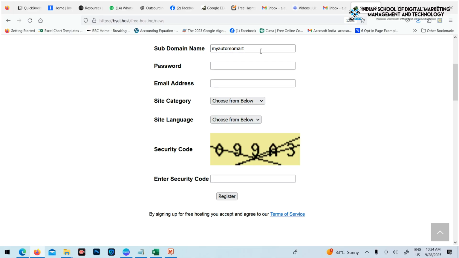There should not be any spaces, and further you should avoid hyphenation, like this minus sign, and numeric digits. Avoid hyphenation and numeric digits. Try to keep the name purely alphabetic. So I have given my Automart name, and here you can add your